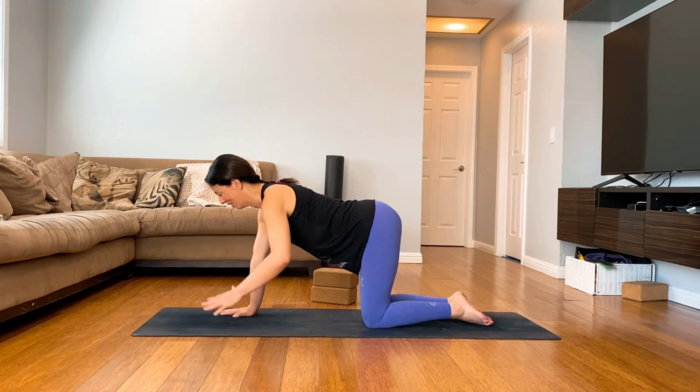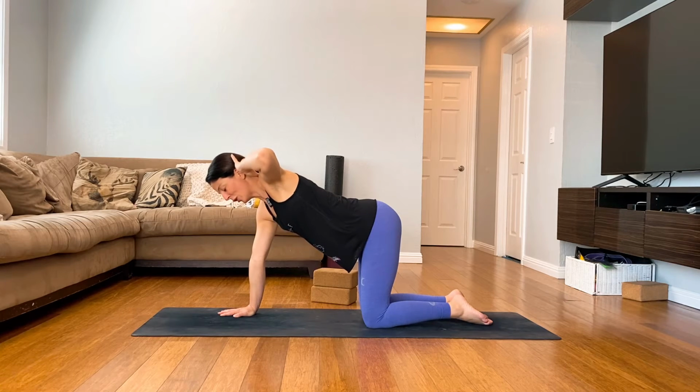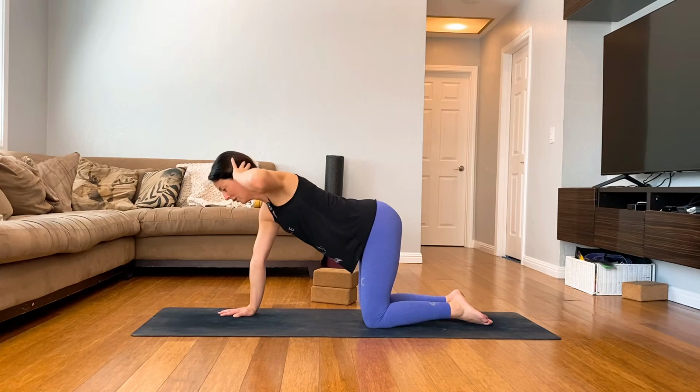I want you to take your left fingertips to the back of your head. We're going to do a little bit of thoracic movement. So I want you to see if you can open up. And remember, this is not about how deep I can go, how much I can move. It's okay that the movement is just a little bit opening and then down. And open